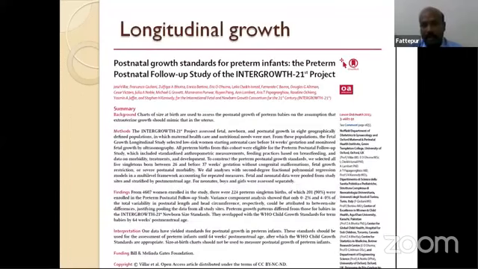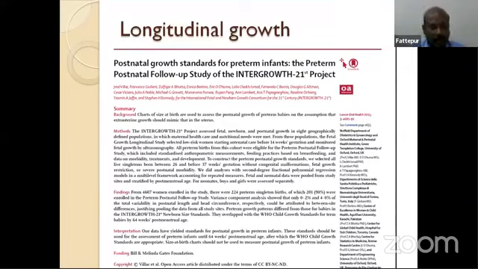So that's why the researchers started thinking, okay, we should have an ideal preterm growth chart where we plot how a healthy preterm will grow without any effect. For that, this Intergrowth 21st study was done, and it was published in the year 2014. So the postnatal growth chart,